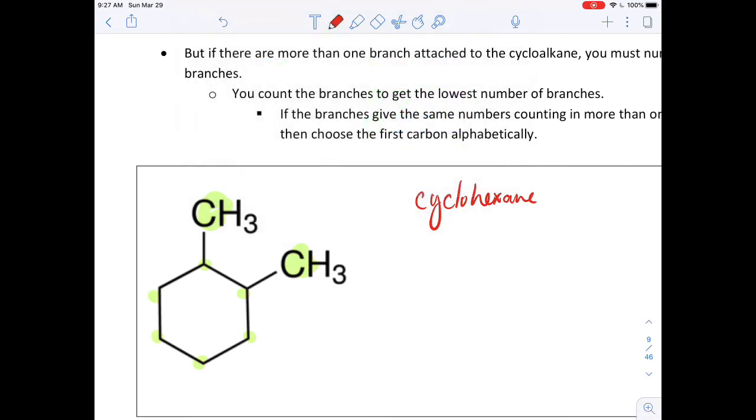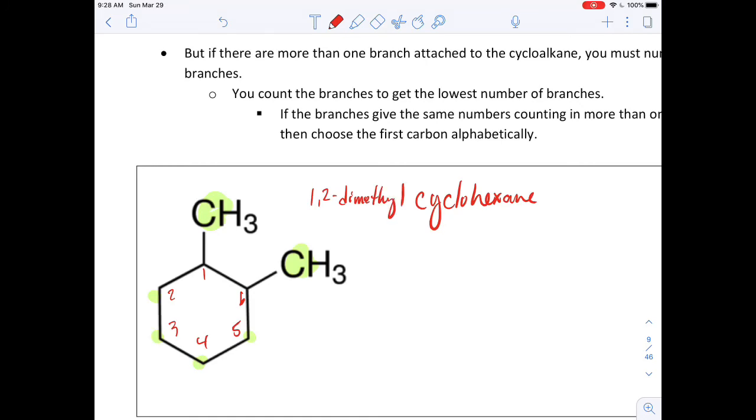We need to give these the lowest number order possible, so we'll go with 1, 2. If we counted the other way, it would be the same, just 1, 2. But we would not go 1, 2, 3, 4, 5, 6, because that gives us a larger branching number. So this is going to be a 1,2-dimethyl